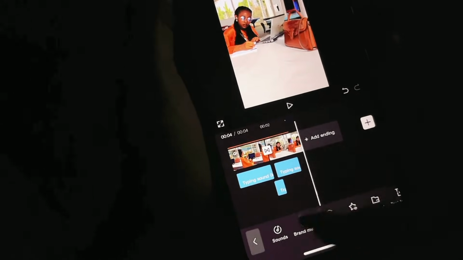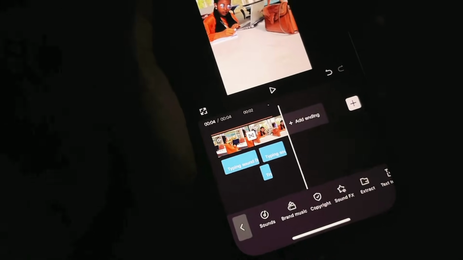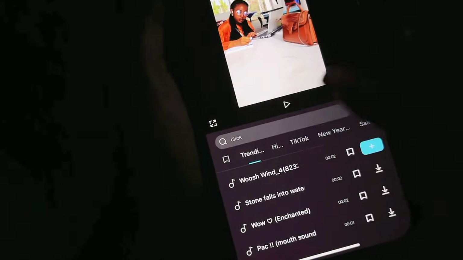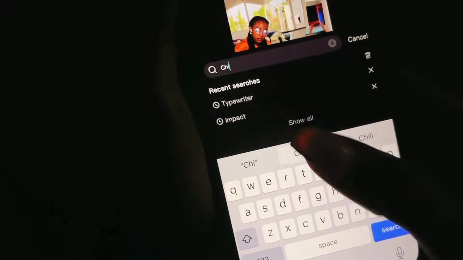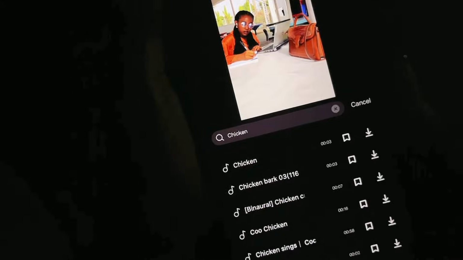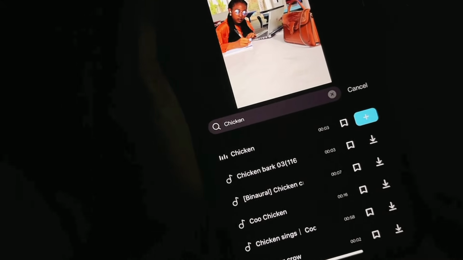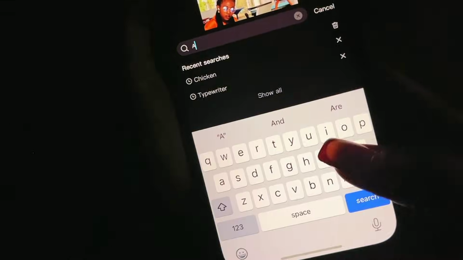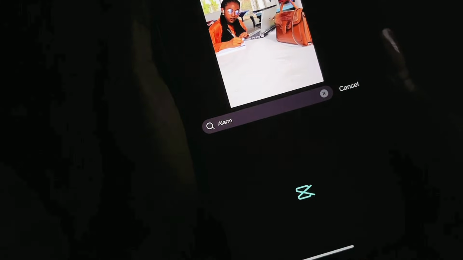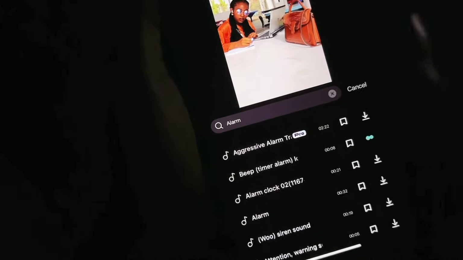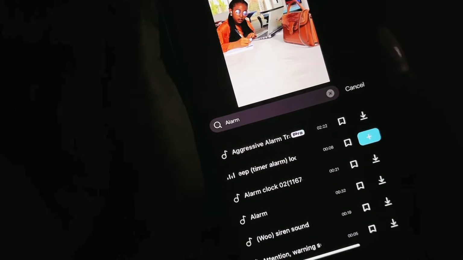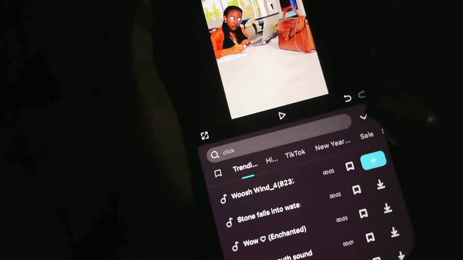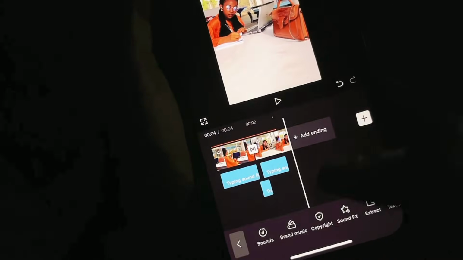Same goes for any type of transition. You just think, what do I want? And just search for it. In this sound effect, you can literally find anything. You can search for chicken. You can find literally anything. Let's go. Alarm. And that's it. This is how you add your sound effects to your videos, your text, your transitions, and make